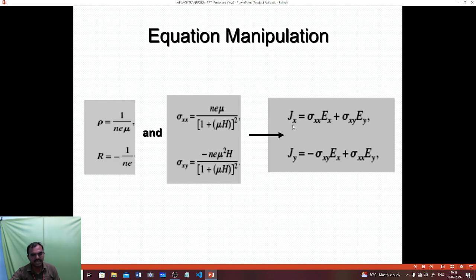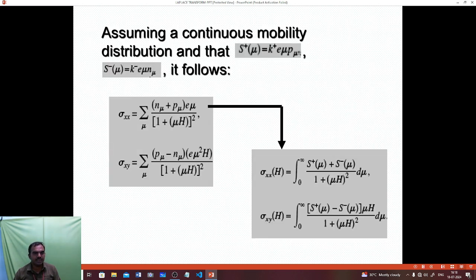We get Jx, that is the previous formula: Jx equals sigma xx E of x plus sigma xy E of y, and Jy equals minus sigma xy E of x plus sigma xx E of y. Next, assuming a continuous mobility distribution, s plus of mu equals k plus e mu p of mu, and suppose s minus of mu equals k minus e mu n of mu. It follows that